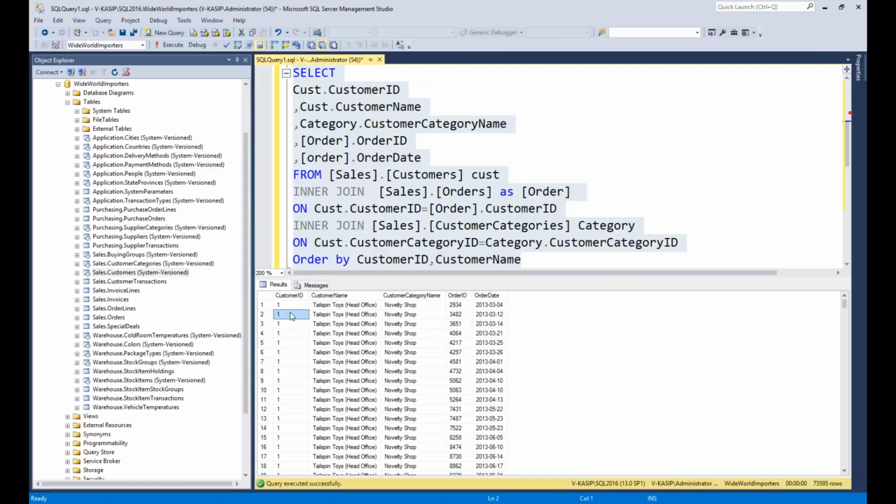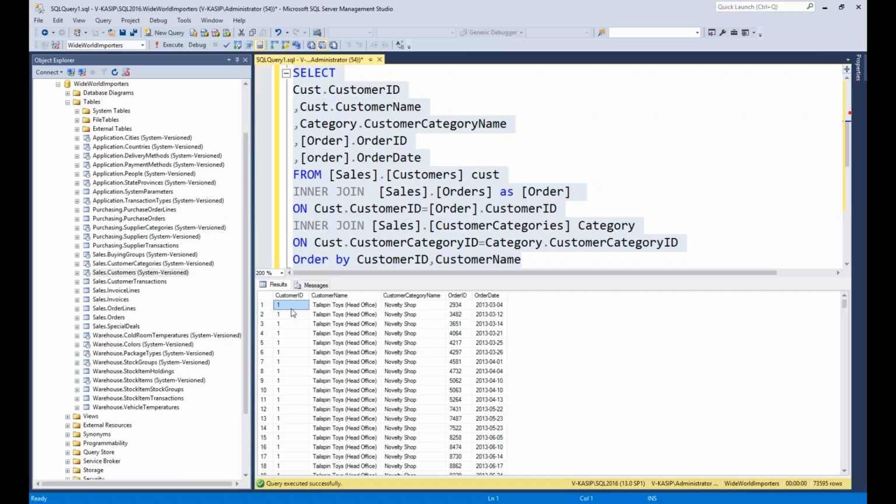See here, why did I get the customer ID so many times? If you see here, for customer ID 1, I have around 130 records. Why did I get so many records? Based on the order date.